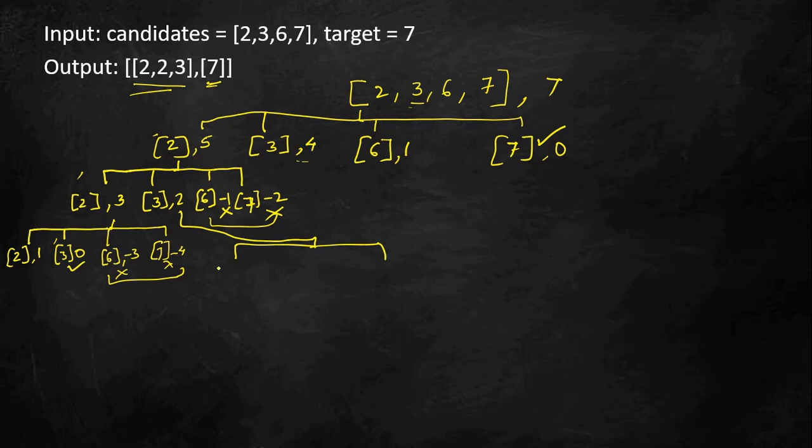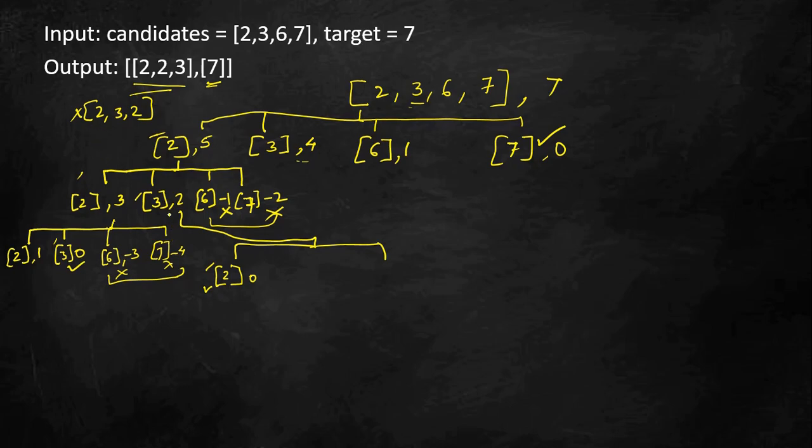So here in this branch also I can use 2. So if I use 2, the remaining will be 0 in this case, right? So since it's 0, this is also valid, 2 3 2, correct. So this becomes a valid combination, but 2 2 3 is already there, and if I say 2 3 2, that will be a duplicate combination of this, because it's 2 times 2 and 1 3. So we have to avoid this kind of combination.